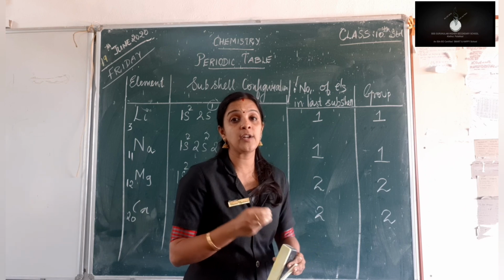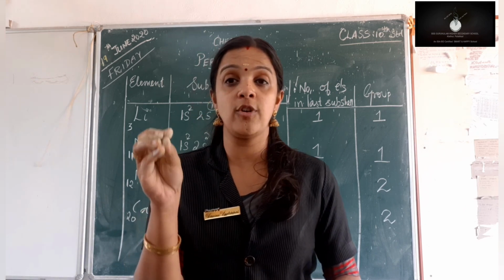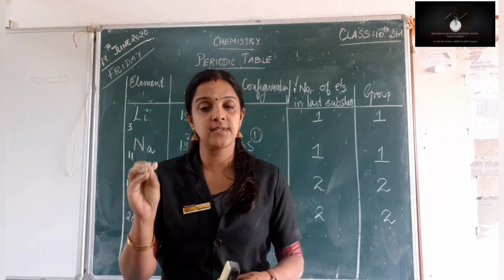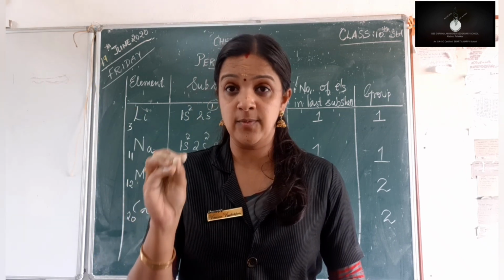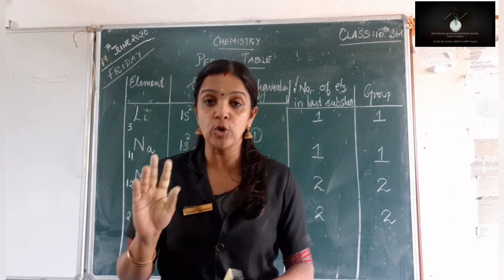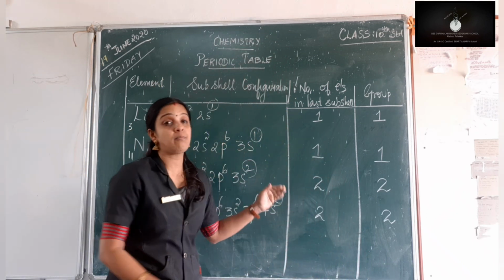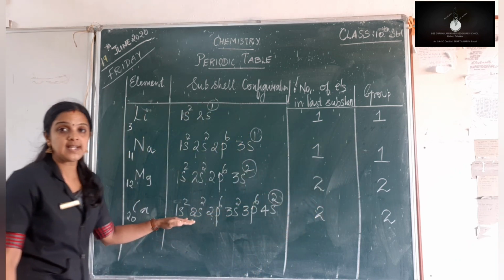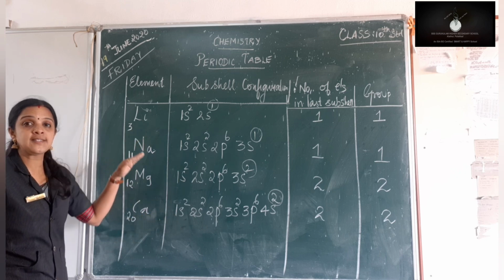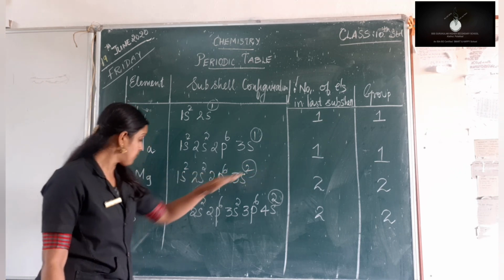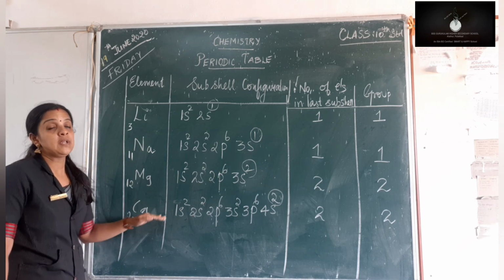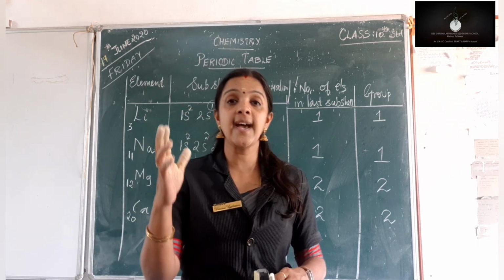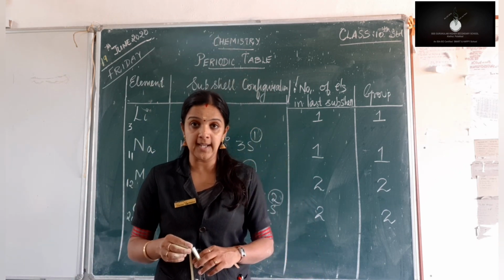And how did you find out the group? The number of electrons present in the last subshell of an s-block element gives the group of the element. As we know, s-block has only two groups, so the given element should be either in the first group or in the second group. So from this table, it is clear lithium and sodium belong to the first group, magnesium and calcium belong to the second group. Now, the most important is the characteristic features of s-block elements.